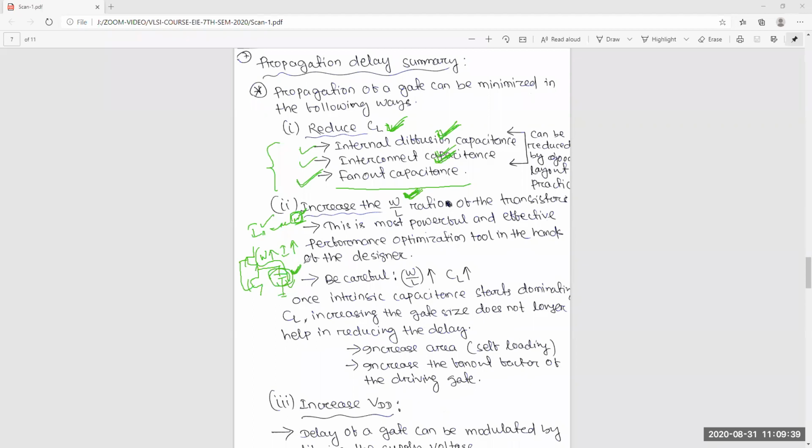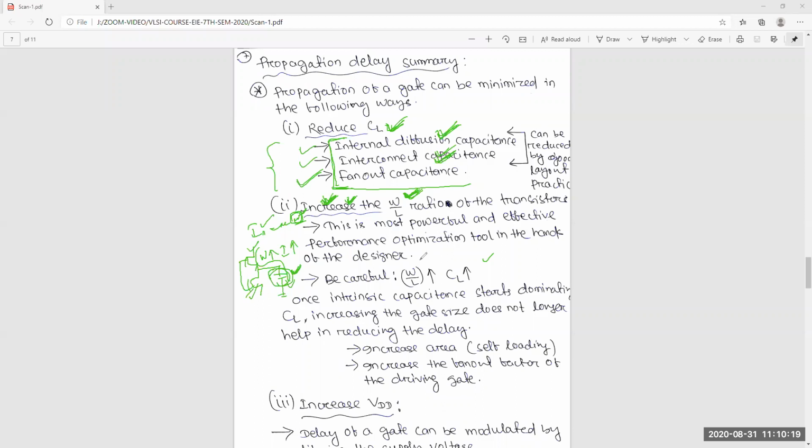Yes, sir. So that means we increase the W/L ratio. Anyway, for this device and this device, if you increase the W, then it will also discharge faster. So your propagation delay definitely reduces. This is another thing, so most often designers use this, because in layout you can do only a very minimal change, but here you can do most of the things. And there is some contradiction, a trade-off.